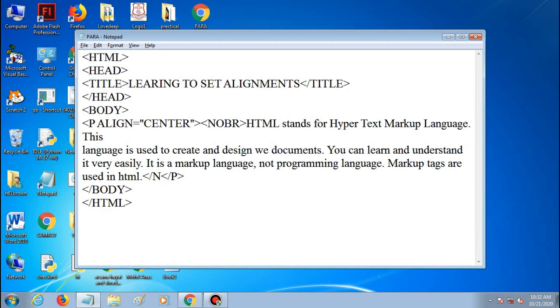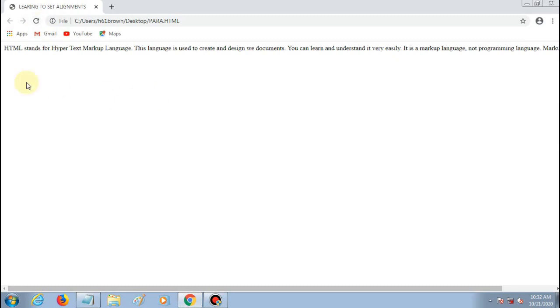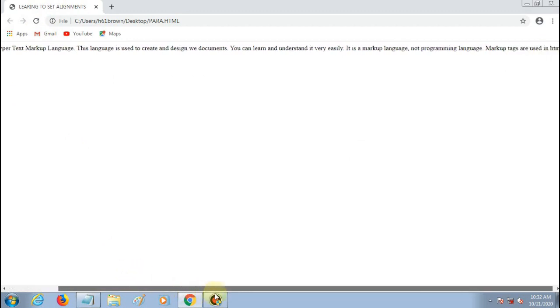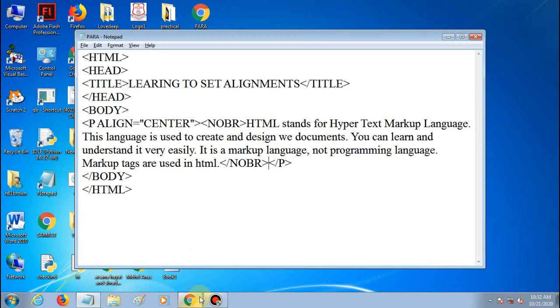Okay, then at the end of paragraph before p tag close NOBR tag, then save it and reload a web page. Now you can see whole paragraph is displayed in a single line. If you want to read it complete, then scroll the screen. Okay,